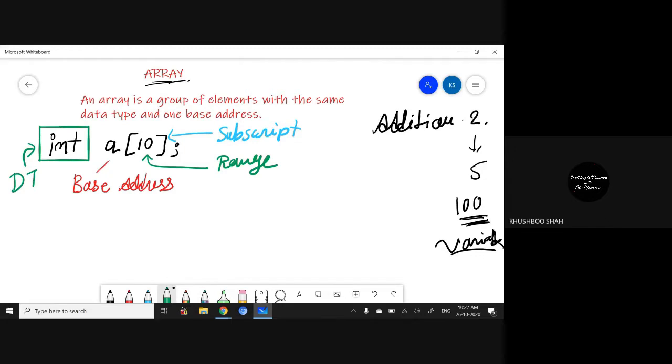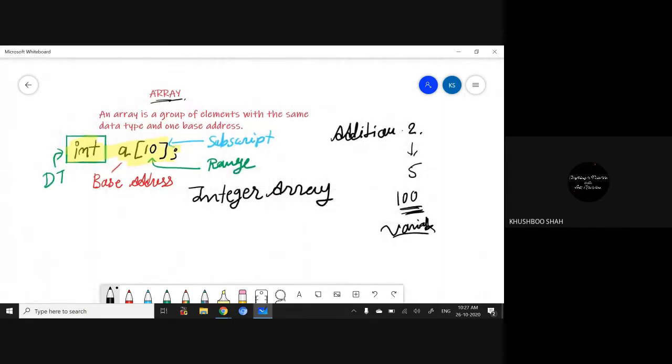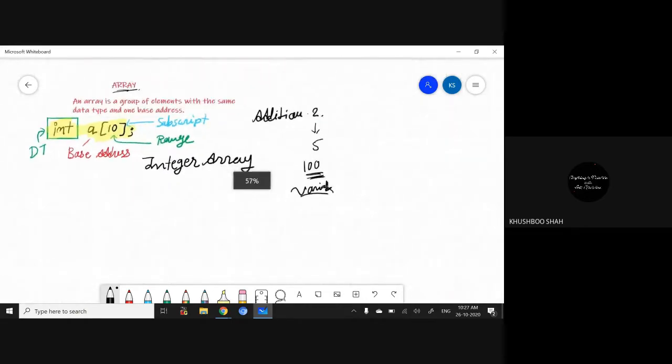So here I can say that this is an integer array.